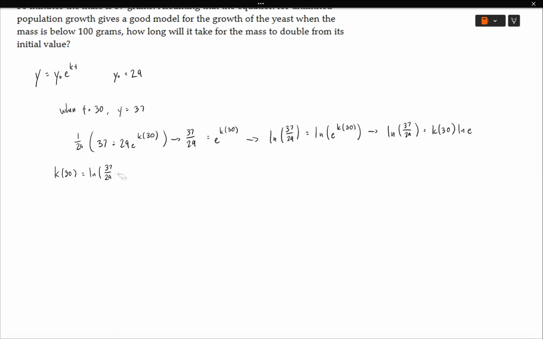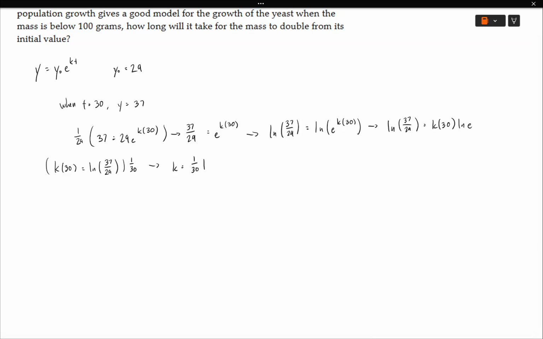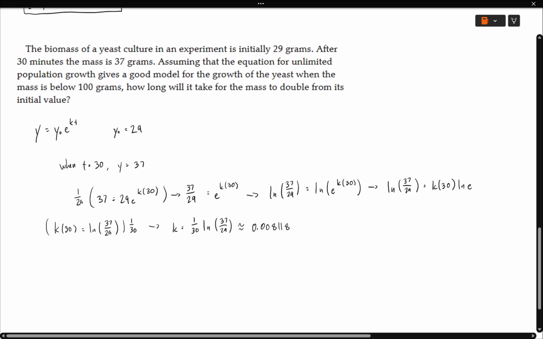Oh, that's just 37 over 29. We're going to divide both sides by 30. We get k equals 1 over 30 times the natural log of 37 over 29, which is approximately 0.008118. Okay, that's our k value. So now we want to find